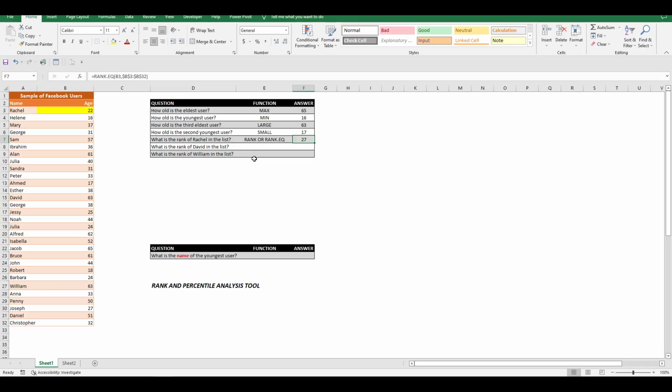However, what happens if two Facebook users have the same age? If we copy and use the rank.eq function for David and William, we will find that they both have a rank equal to 2.